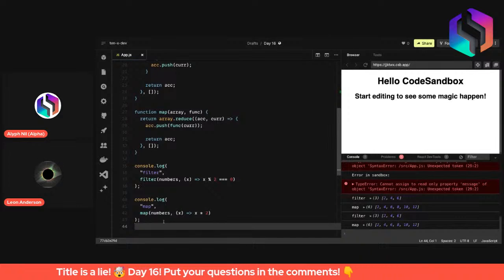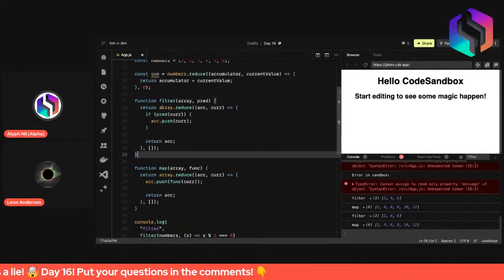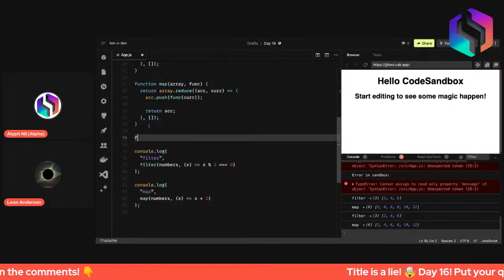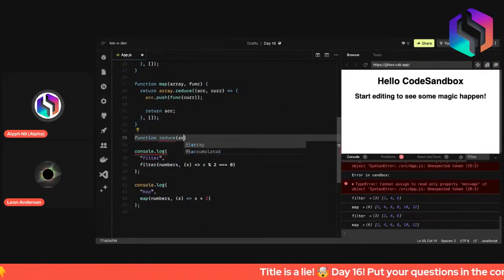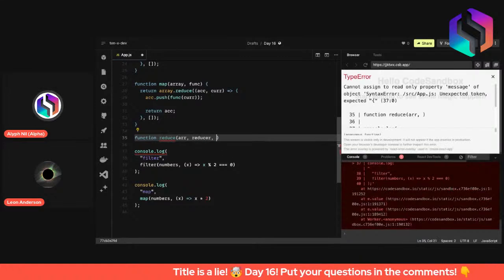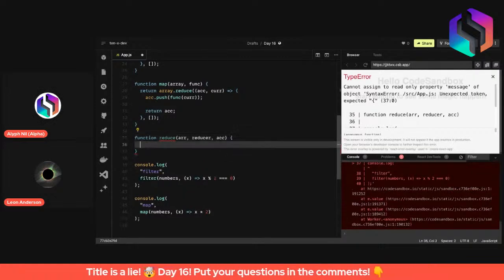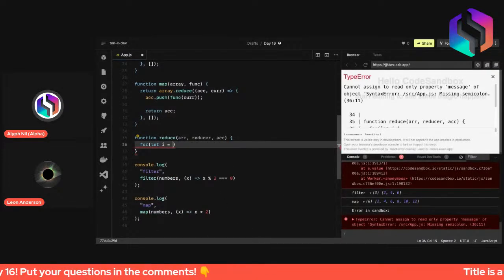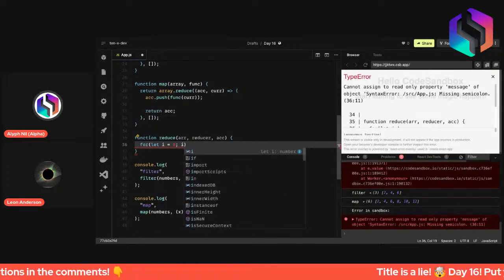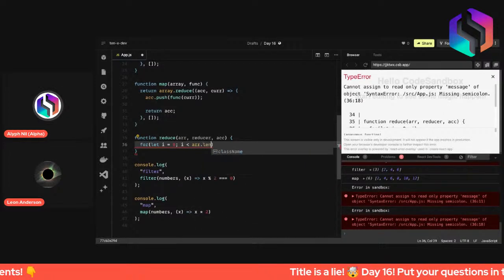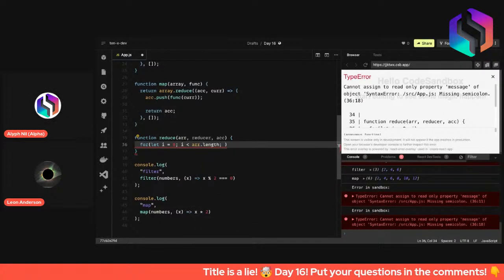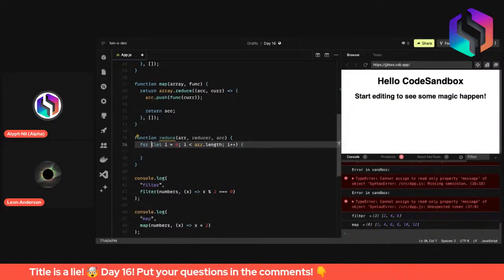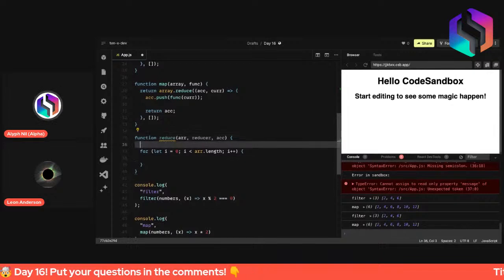Yes, yeah. But I can show you something though. I remember it helped you a lot to understand filter. So let me quickly show you something. You can write your own reduce function like this. And say, for let i equals 0, i less than array.length, i plus plus, and then we basically would say